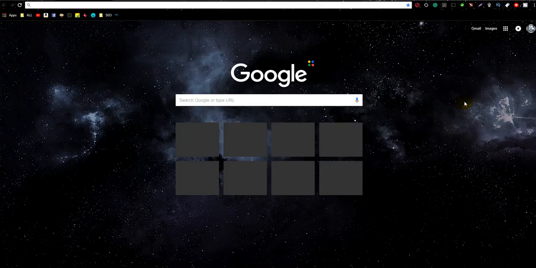So step 2 is I want you guys to install a theme on your Google Chrome. What I try to choose is something which is very much serene, just the one that is there on my new tab right now. It's very calm, it's very soothing, it's very serene, and it's actually the right amount of dark. I prefer darker themes just because you are using the computer for quite a long time,